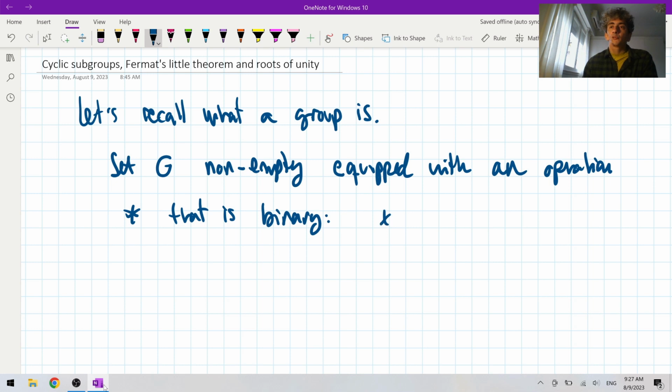So star takes two elements of G and produces also an element of G, such that